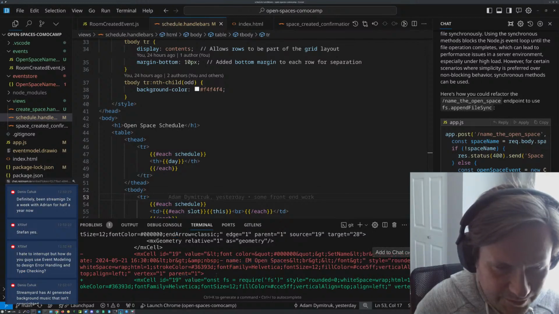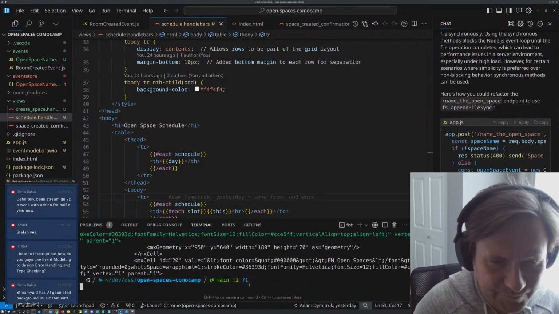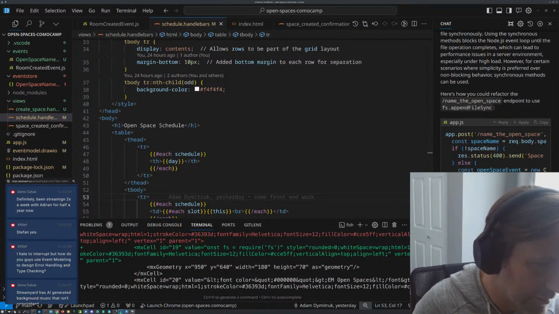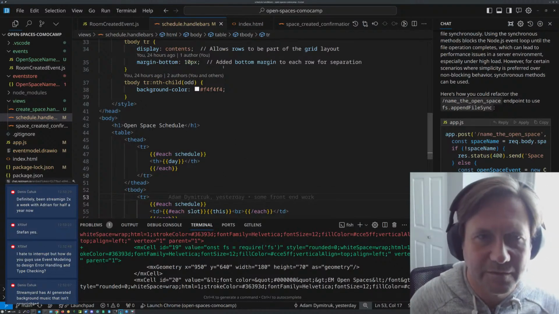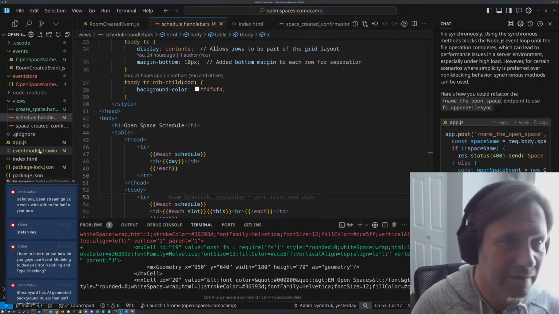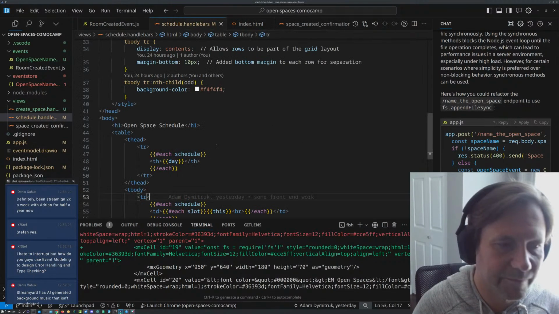Nope, it's something else. But why does it have a parent? Anyway. And something's eating my CPU right now. So I think this Draw.io plugin is meh. Hey, look at that. Not even showing up. Yuck.